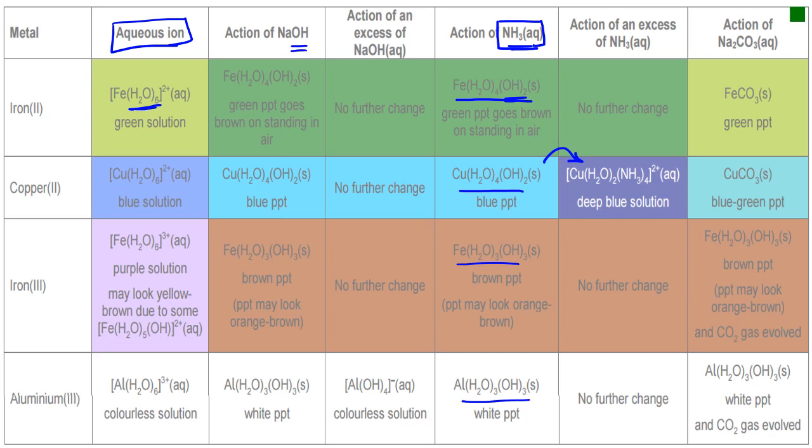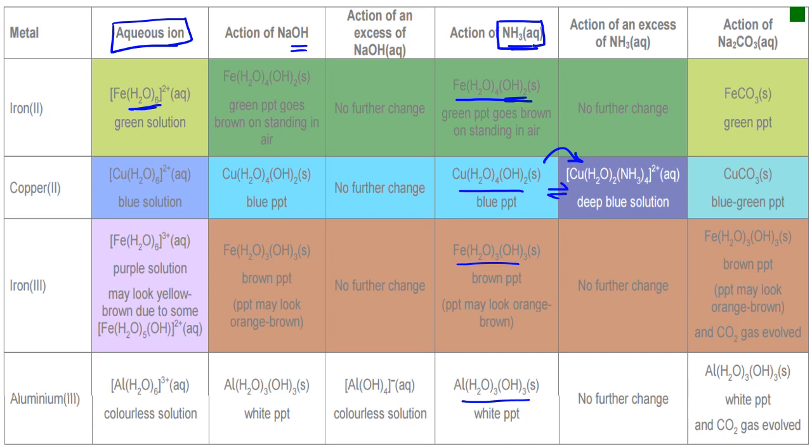There is another possible equilibrium that could be set up, which is the ligand substitution equilibrium. That's the equilibrium between these two. However, it is only in the case of copper 2 that the ligand substitution happens. So the copper metal ion, obviously, for some reason, prefers the ammonia ligands to the water ligands, and so the equilibrium position is